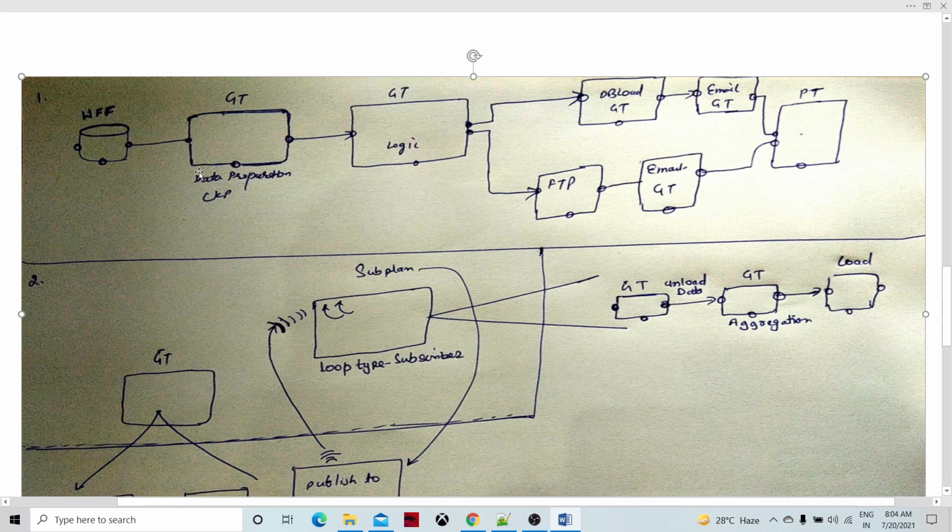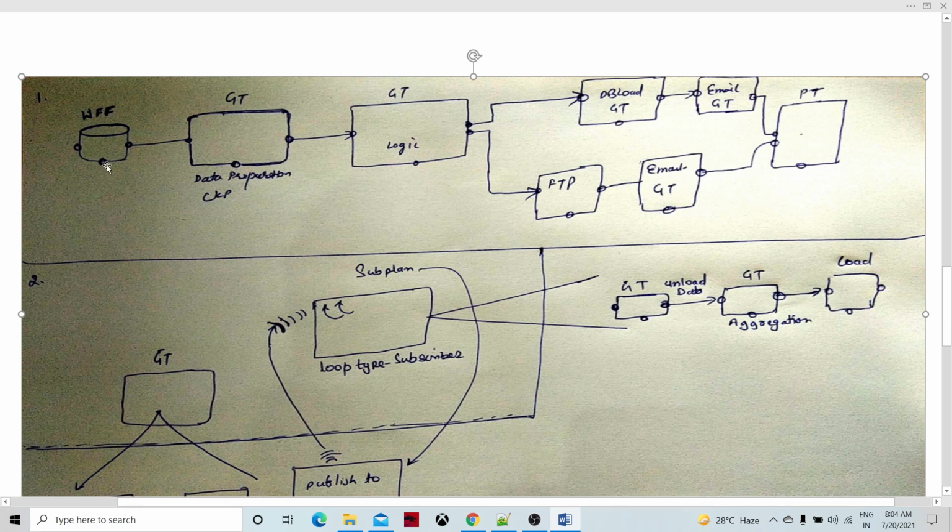After that graph execution happens, we have another graph which is going to do some logic and internal processing. Then a data file might have been created by the logic graph, and those data files are going to be read by another graph task as part of the database load. In the lower flow, it could be an FTP to another third party server. Then the email mechanism is going to happen in both branches of the plan, and finally the program task, which probably could be a cleaning task. This is how we connect the flow.